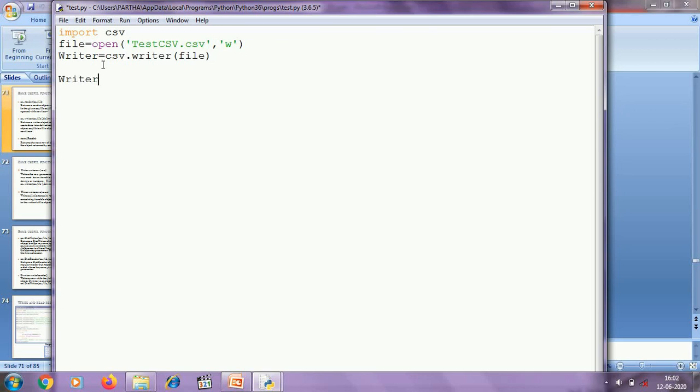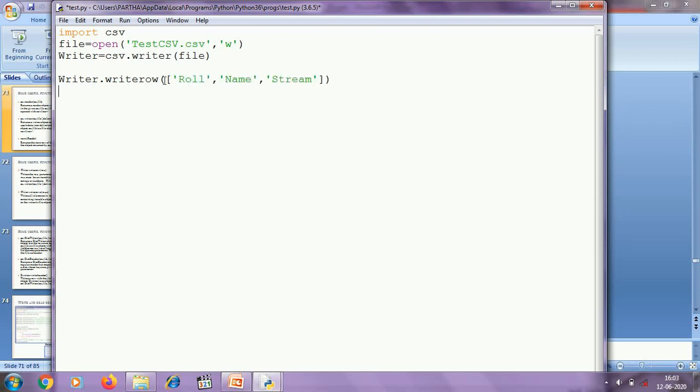This object has some methods that are very useful for writing to a CSV file. For example, the writerow method is used to write a row to a CSV file.